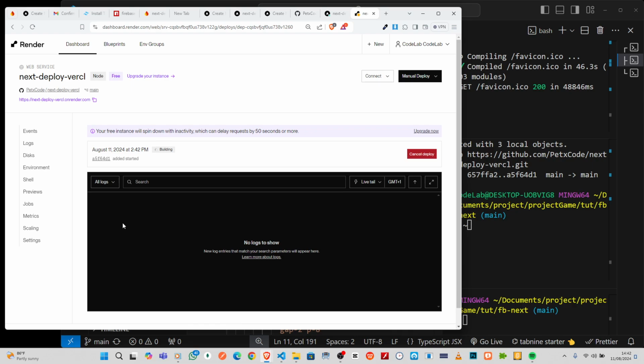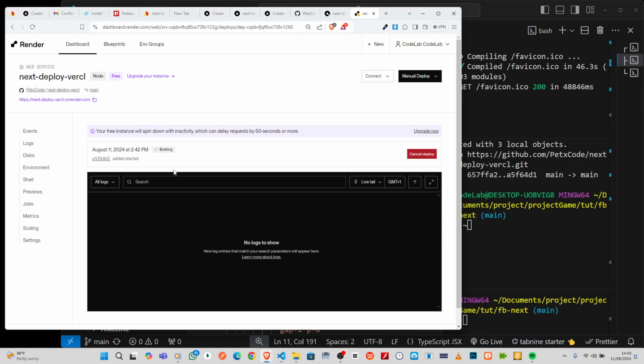But I mean, Render is amazing. I just don't know how they are doing it, giving us this service for free. It is super amazing and a lifesaver. So you can deploy your backend there as well as your front end. I mean, it's just amazing, that's all I would say. Super amazing. Okay, so while it builds,